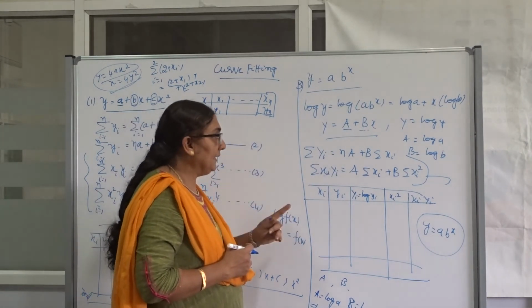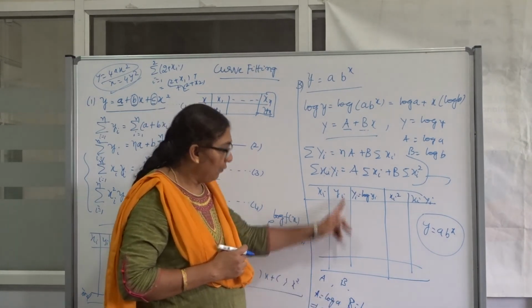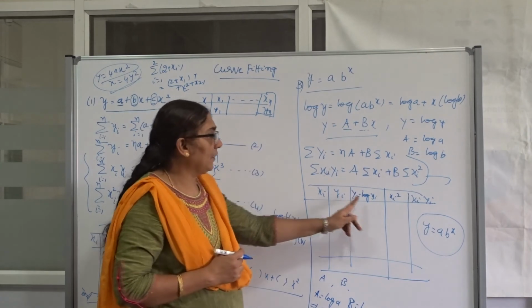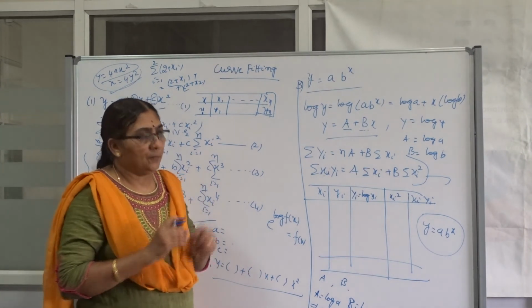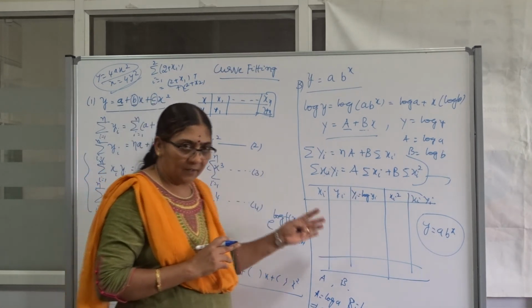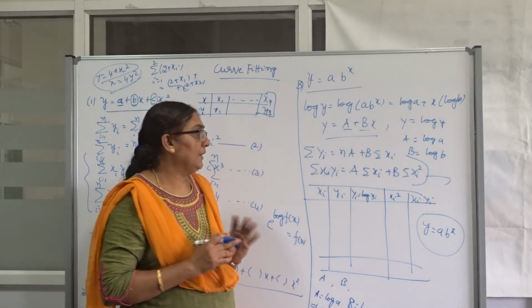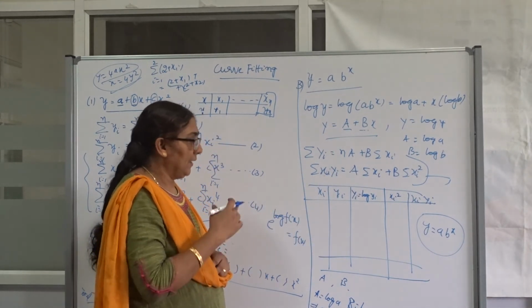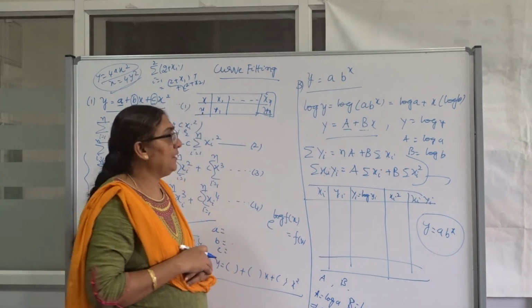Proceed like that, but finally, I have to find small a and small b by taking the exponential of capital A and capital B. While solving the problem, I don't want small y; for the given values, take the log of each value. Here, when I take log, the base is e. If you are very interested in log base 10, please take log base 10. While finding capital Y, take log base 10. While finding small a and small b, also use log base 10. Don't mix both, or finally you won't get the correct answer. Most students make this mistake. In the beginning they take log base 10, at the end they take base e. Definitely you don't get the correct answer.